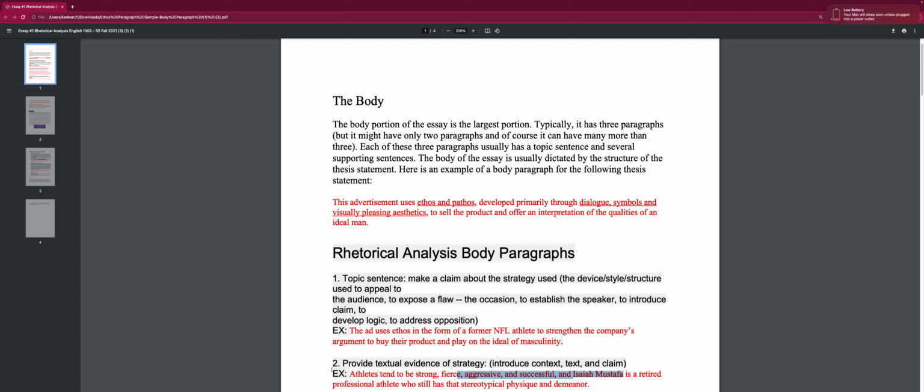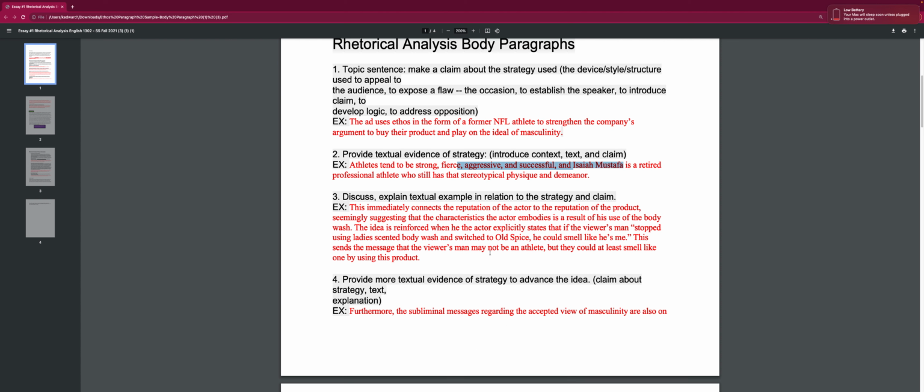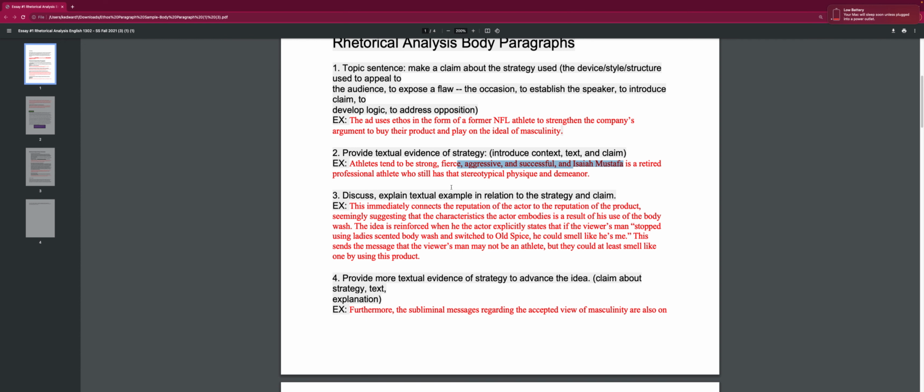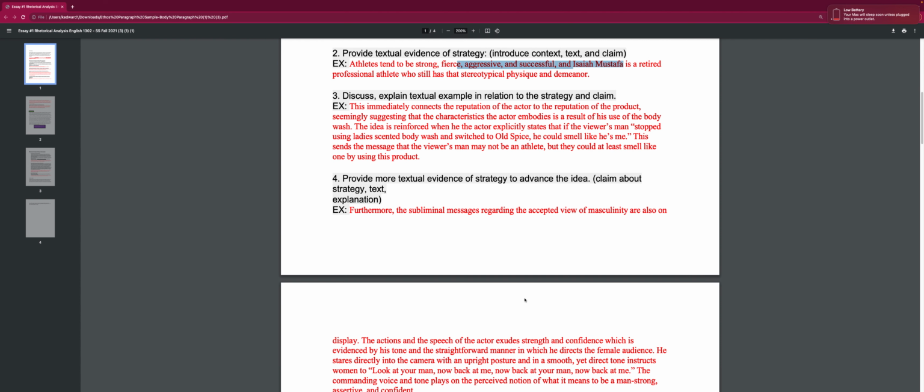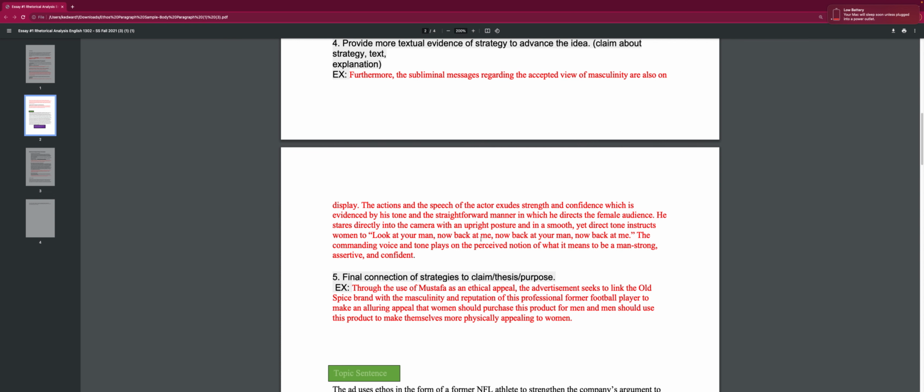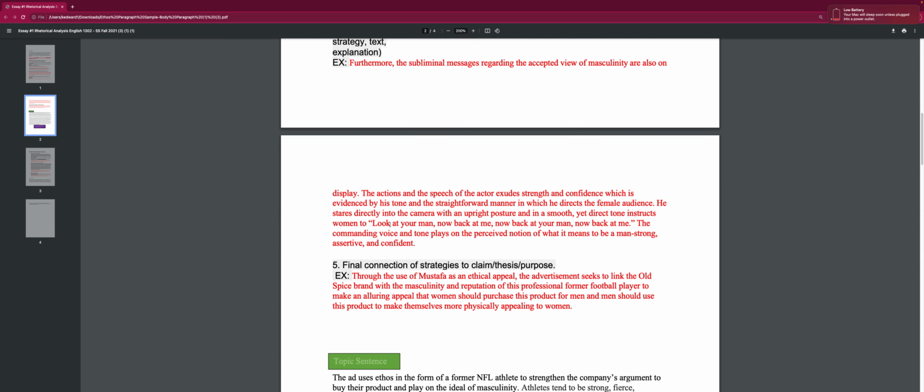You start with a claim. You provide evidence that supports that claim. You then explain how the evidence supports that claim. You provide more evidence that supports that claim, and then you explain that evidence as well. And then your final sentence that tells me you're about to conclude this paragraph is either going to do one of two things. It will restate your claim, or it will transition to your next body paragraph and your next